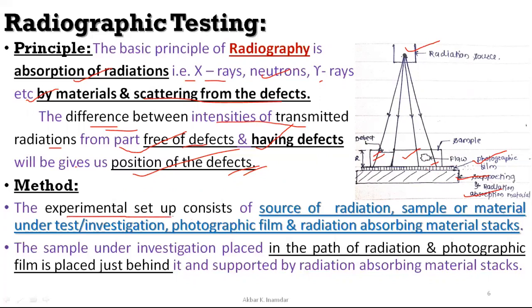So the experimental setup consists of a radiation source, the sample to be investigated, photographic film, and a radiation absorbing material stack. The material under investigation is placed in the path of radiation and the photographic film is placed just behind it,